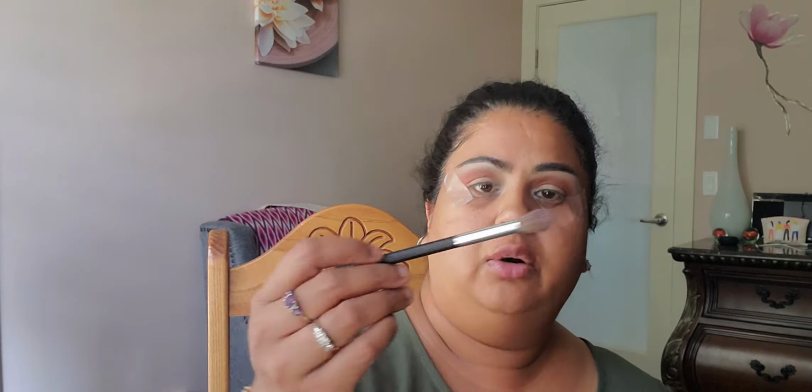I'm taking a bigger brush just to go over those edges, just to make sure that they're nicely blended. I know we already did with that one, but I like to go in with a bigger, fluffier brush and just kind of blend over the edges. Okay. So that's that. Now we're going to take a,